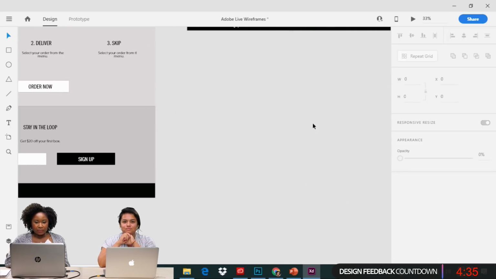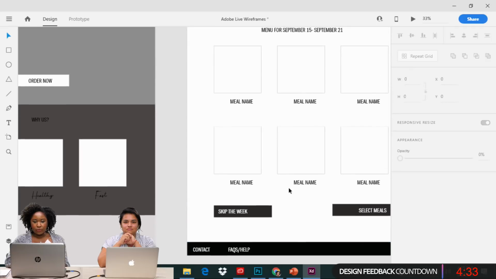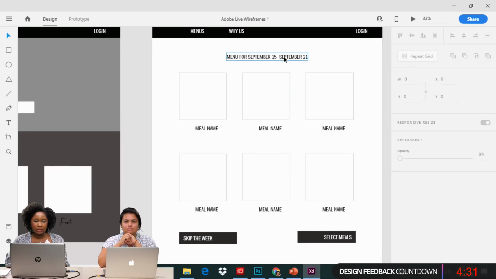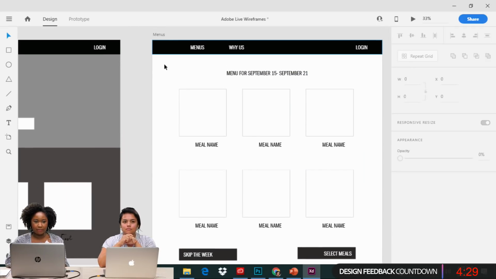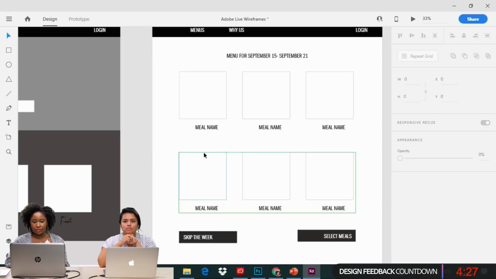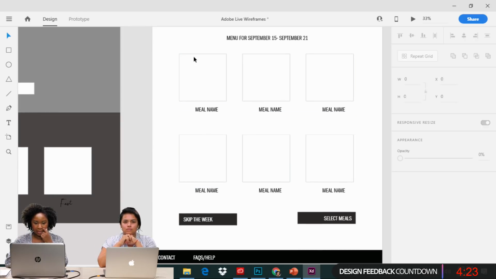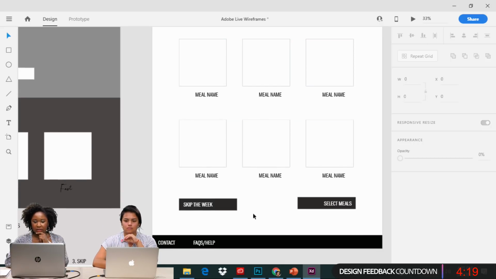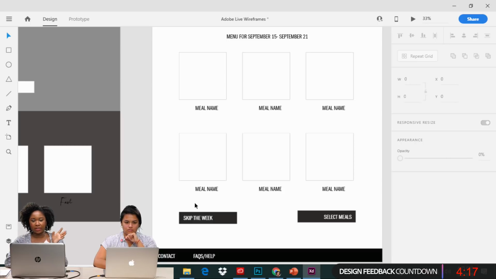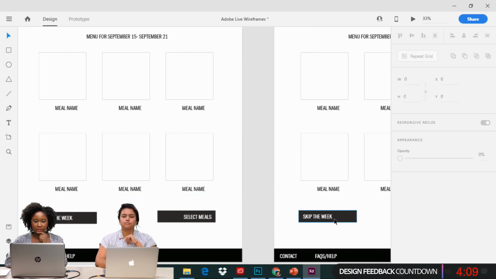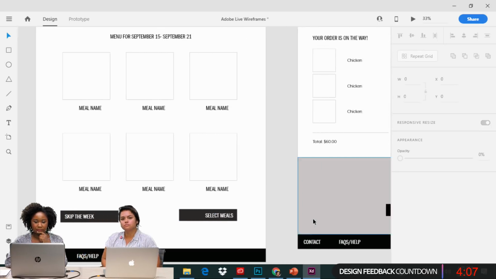Awesome. And then, let's say they click on order now, this would be the screen that they would see. Same nav bar, and then this would show the meals they can choose from for the week, with little check boxes they could check to say, I want this one, that one. And if they look at the menu and think, I'm not feeling any of these meals, they can skip it. Or if they want to select their three meals and hit select meals,